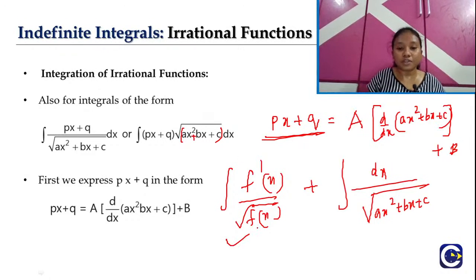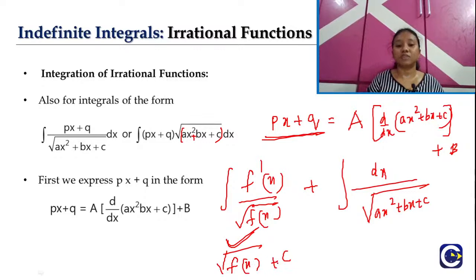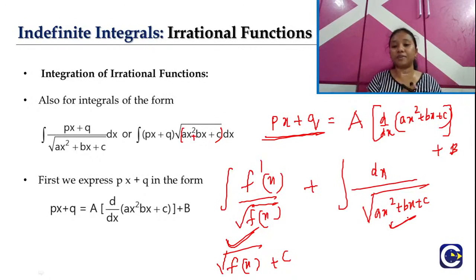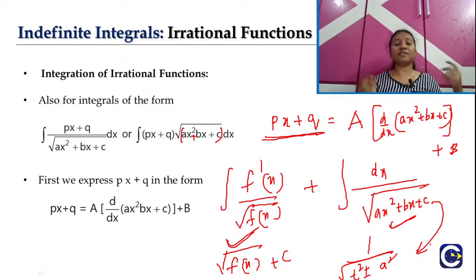Right, so if you observe the first expression, it is in the format of f dash x divided by root over f of x. So what is the integral of it? It's as simple, directly it will be root over f of x plus c, if you remember the formula. Right, so similarly this is the type we have seen before. So this can be rewritten in the format of 1 by t square plus or minus a square under root. Right, so we can reduce this, and then we can directly apply the standard integral formula. So that's the whole idea here,